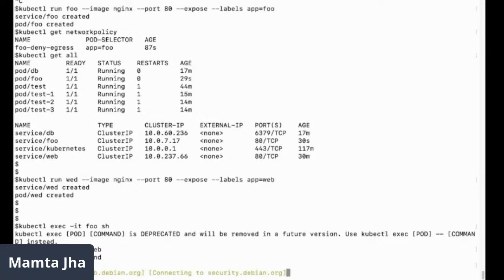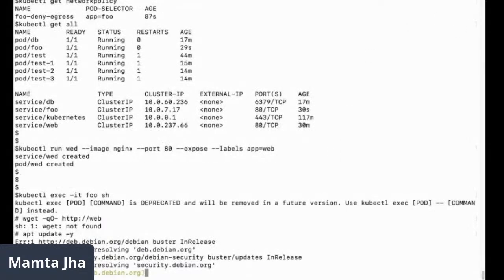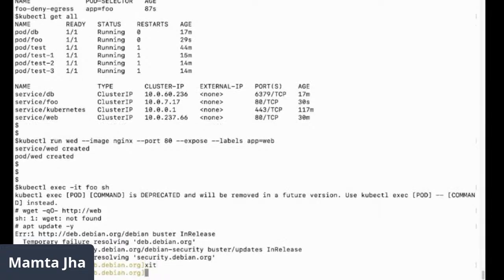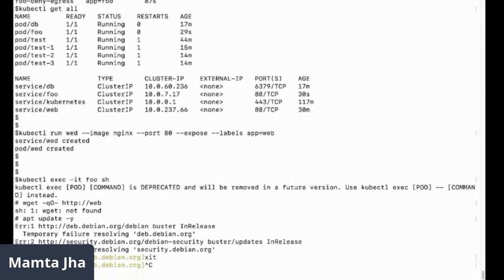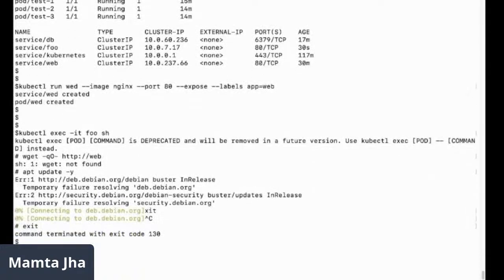Yep. I'll install wget in this. It's still connecting. It's unable to resolve. So let me kill this and create one proper one.